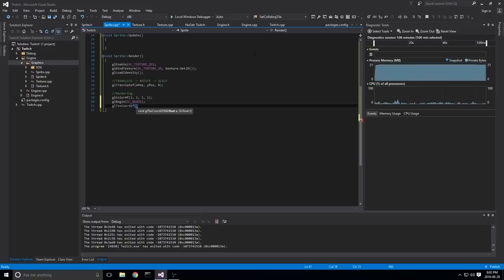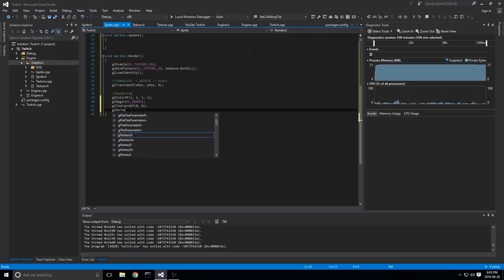Again, this is a state machine, so we've got to set the text coordinate we want from the texture. So if we're going to start at the top left or bottom left or whatever, we'll start at 0, 0. Okay? And texture coordinates are basically percentages. They go from 0 to 1. So if we wanted to start at halfway through the image, we'll put 0.5. But because we want to draw the entire image, we'll start at 0, 0. And then we'll call GL vertex 2F. So we're going to set up a vertex in our actual scene here. And again, because we've bound our texture, this is what it's going to draw, given the vertices we're going to give it. And because we're drawing them as quads, it's going to go 1, 2, 3, 4 for all corners, and then we're going to be good to go.